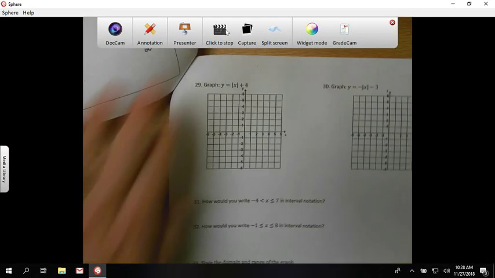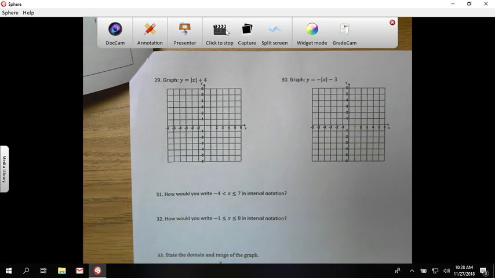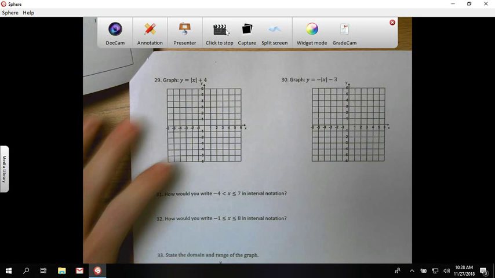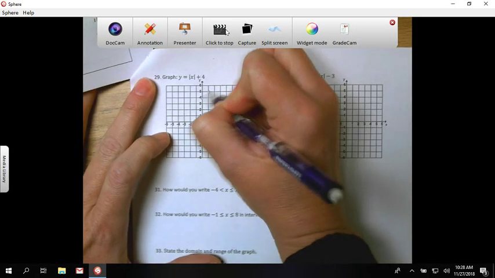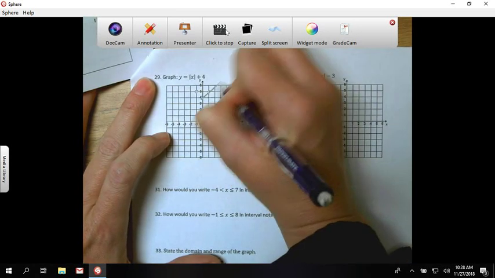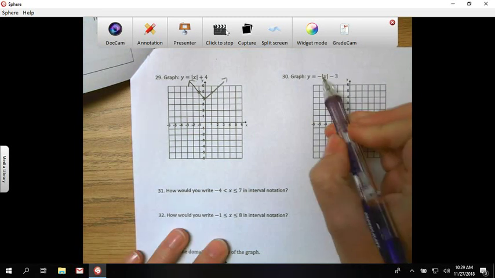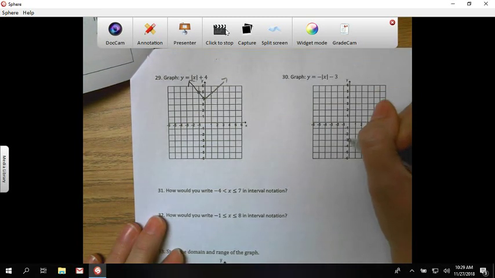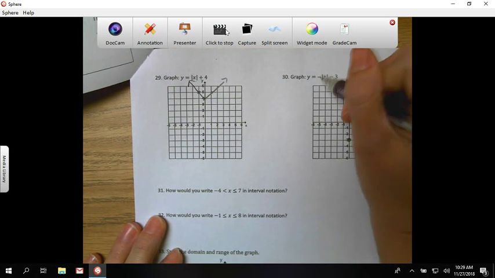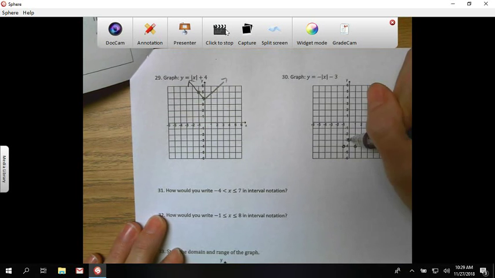All right. 29 is not even an inequality anymore. It's just a regular absolute value. So if I graph y equals the absolute value of x plus 4, moving it up 4, and then my slope is 1. So there we go. If I want to graph negative absolute value of x minus 3, so I'm going to move it down 3. This negative on the outside tells me that now it is opening down. Still a slope of 1,